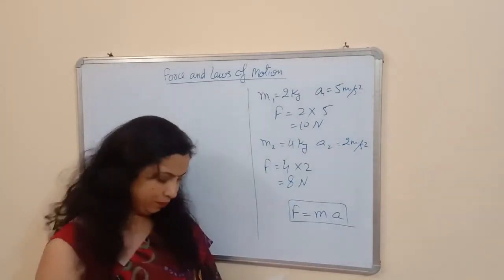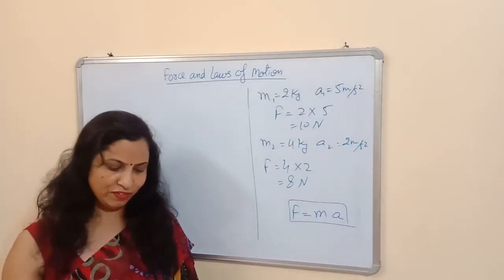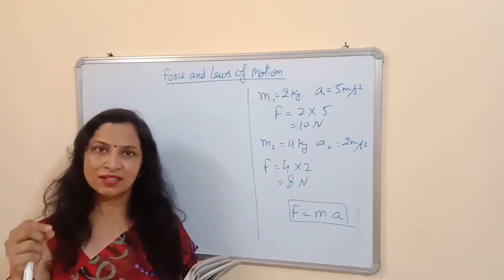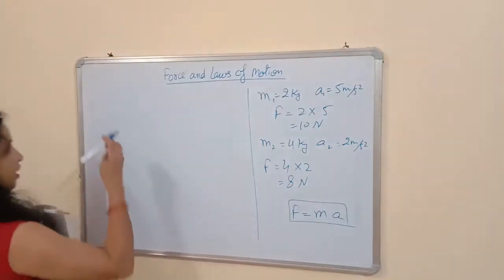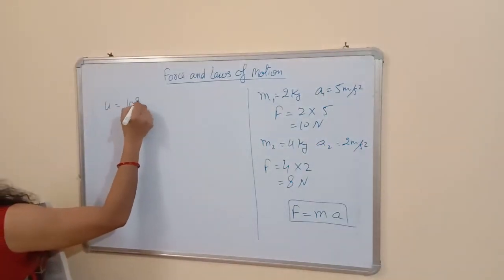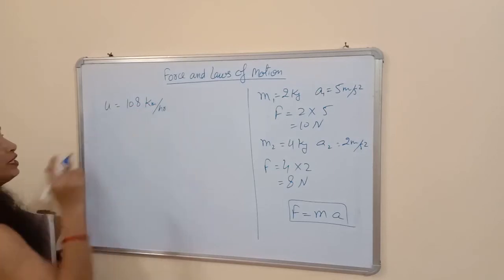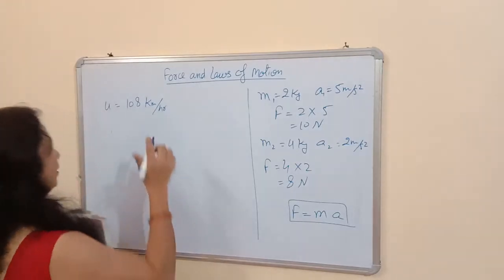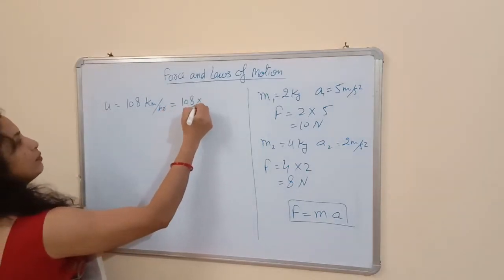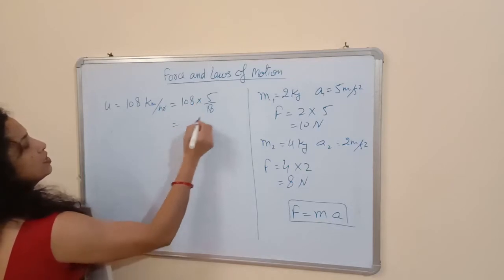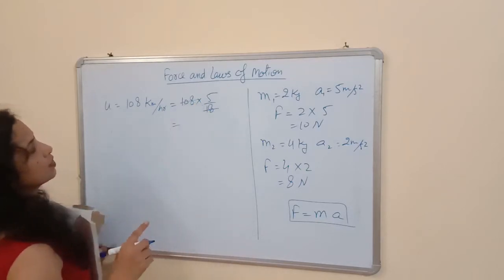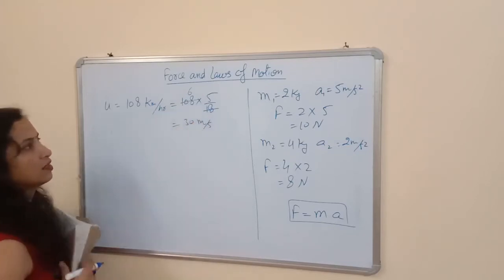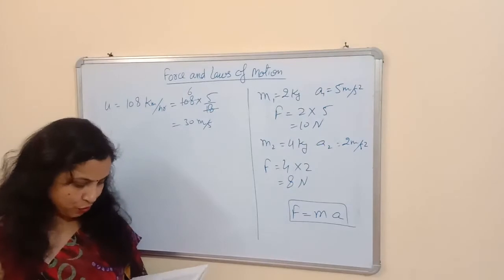Example 9.3. A motor car is moving with a velocity of 108 km per hour. So this is the initial velocity. Now one more important thing about velocities: they should always be in meter per second. So we will convert it to meter per second by multiplying by 5 upon 18. 18 times 6 jump, yes, 30 meter per second. So this is the initial velocity of the motor car.